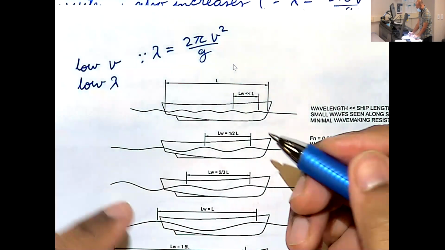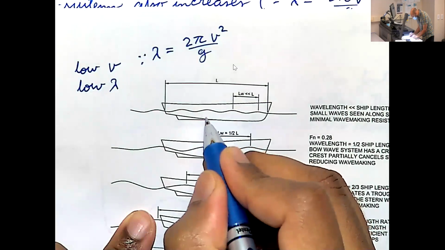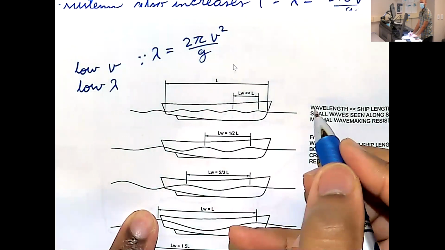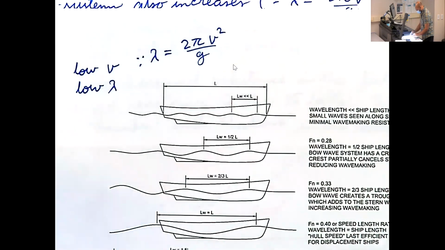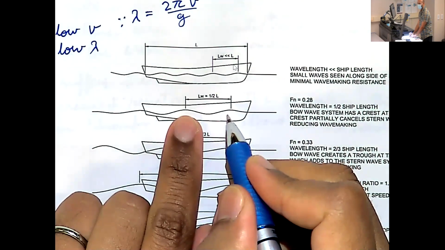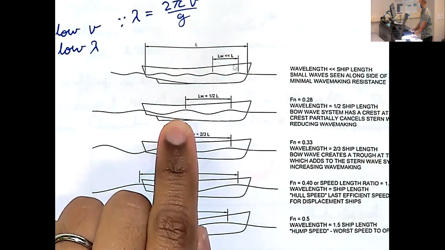But as you start speeding up, let's see, how many waves are there? There's 1 full wave, 2 full waves, 3 full waves, roughly 3.5 waves along the whole hull. As you start speeding up, what happens? Your wavelength starts increasing, okay? So you get fewer waves along the hull. At some point,